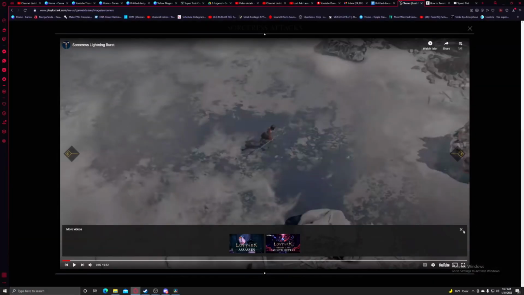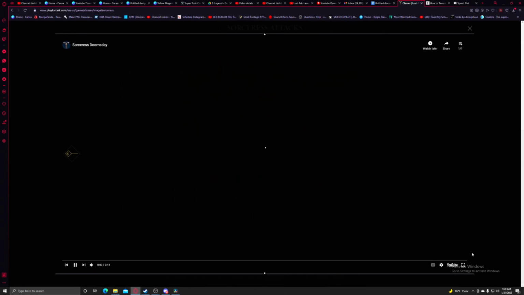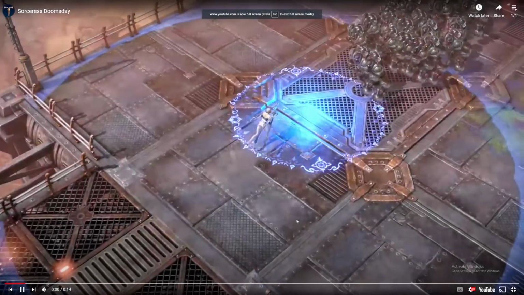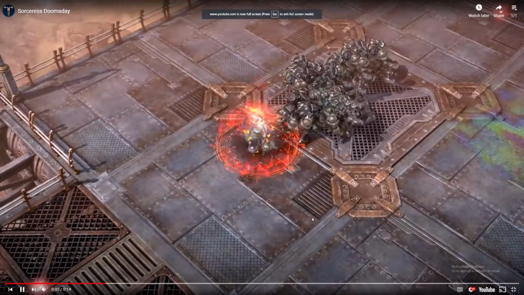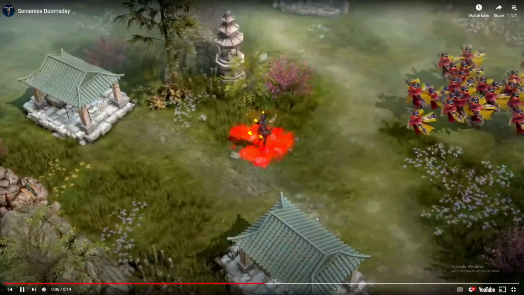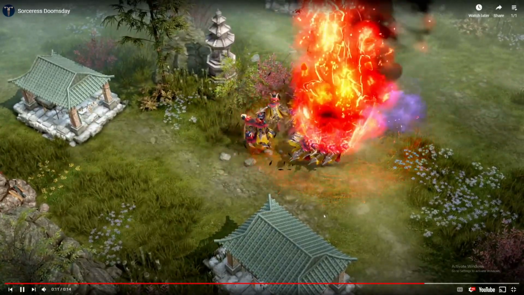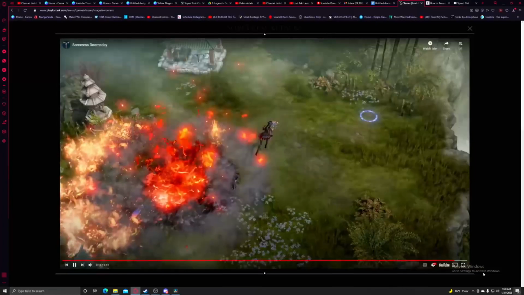Beautiful, beautiful, beautiful. All right. And then let's go ahead and check out the next one, Doomsday attack. Let's see what this one's about. Oh man, we getting pummeled. Okay, so this one definitely has a cast time on it, but once you bring it down, boom, huge DPS